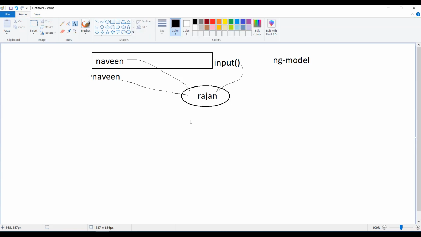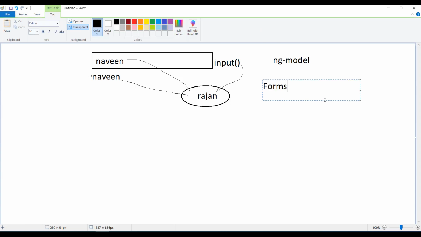One more important thing: whenever the forms concept is involved in Angular, you need to add a special module called the forms module, because every data binding will happen with it. So far we have used Angular's core module for interpolation and other things, but when forms are involved, you have to add this module in the app module. I'll show you that first.